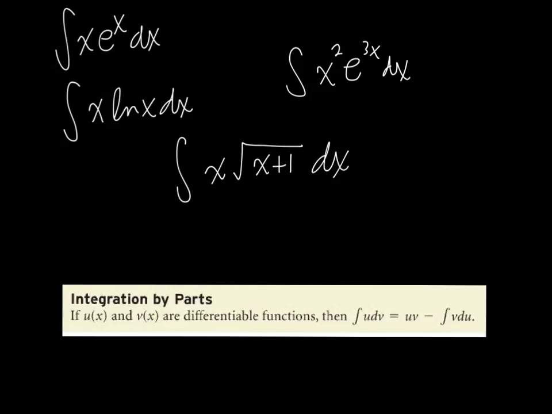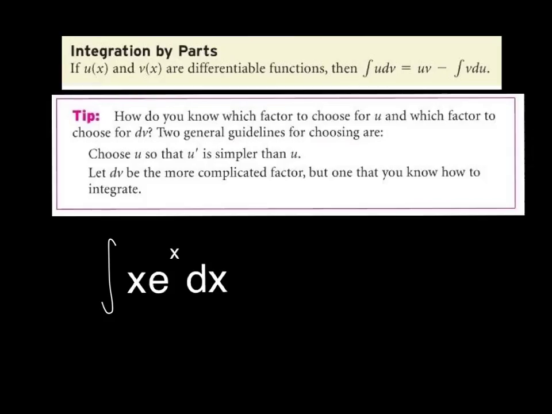Well, we don't have a straight-up product rule for antiderivatives here, but we can use something called integration by parts, which is actually derived from the product rule for derivatives. We won't go through the derivation here. You can find that in your textbook. But we're going to do our first example, and talk a little bit more about the formula and some tips for using this formula.